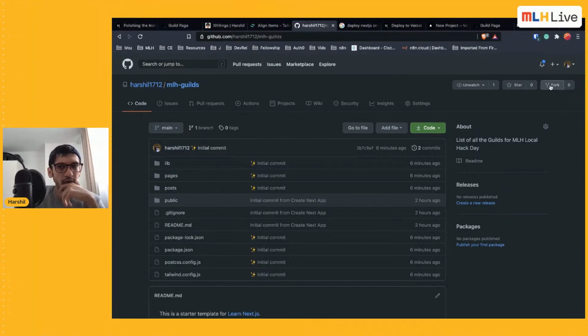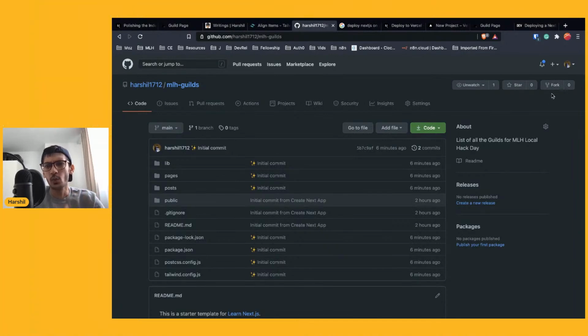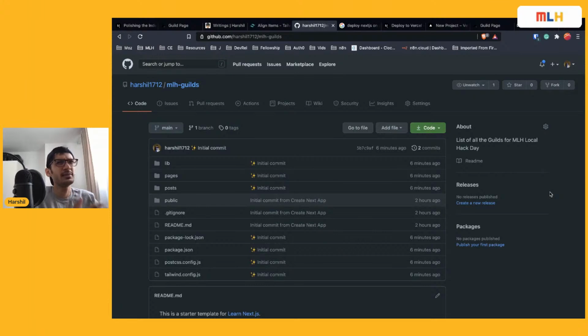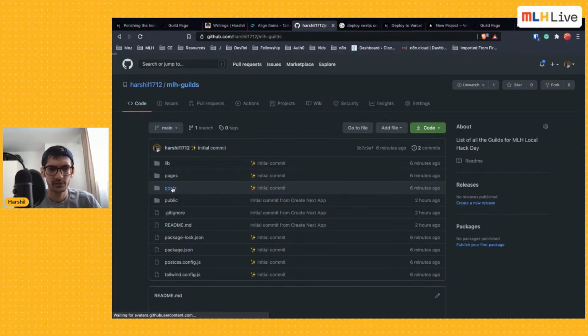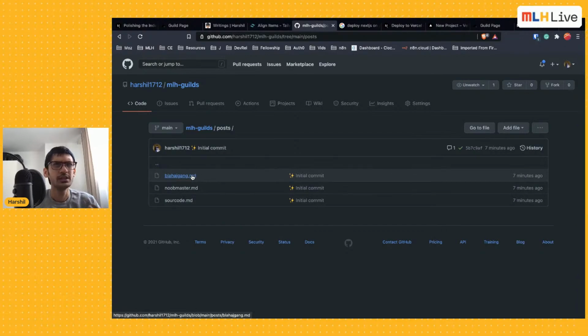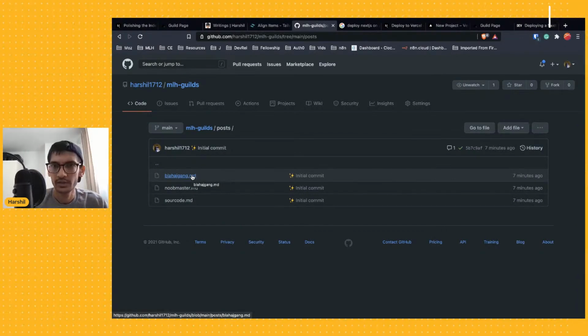So if you click on fork, it will fork the repo in your own account. Once you fork the repo, get it on your local machine, or maybe not. It's completely fine if you don't want to get it on your local machine. But what you can do is, in the post directory, if you go to post, if the file for your guild is not already there,